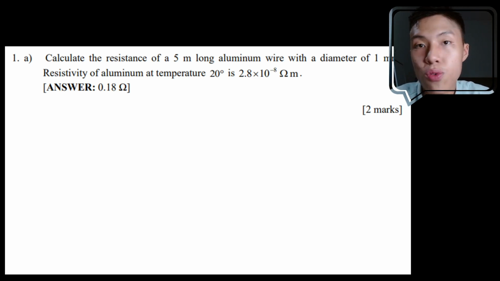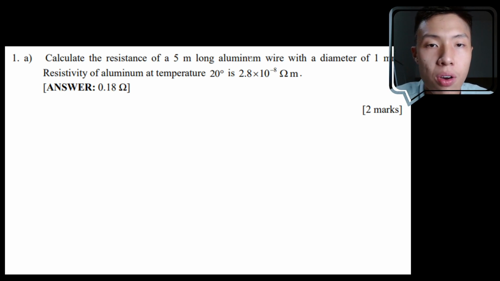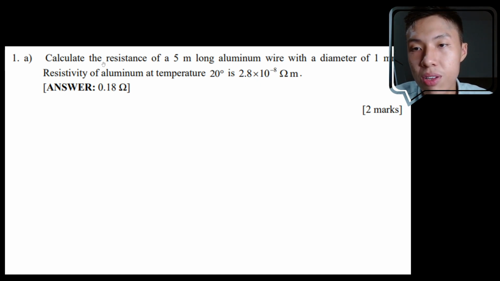Let's try to discuss question 1a. Calculate the resistance of a 5 meter long aluminum wire with a diameter of 1 millimeter. The resistivity of aluminum at a temperature of 20 degrees Celsius is 2.8 times 10 to the power of negative 8 ohm meter. Okay, so they ask you to calculate resistance, but this particular conductor here is a 5 meter